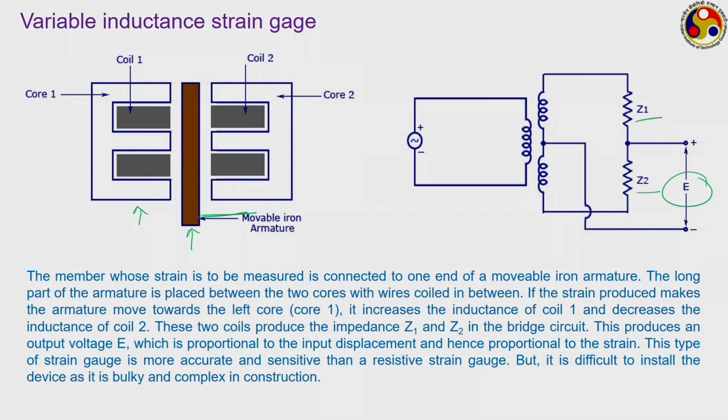That is the way we can get a quite accurate measurement of the strain and also the direction of the same. However, this instrument generally is quite bulky and complex in construction, and therefore they are mostly used either in a permanent installation, or, more commonly, both inductance and also similar capacitive based strain gauges